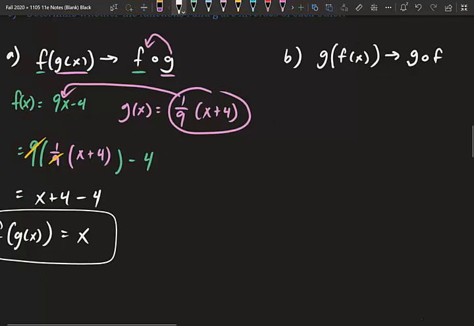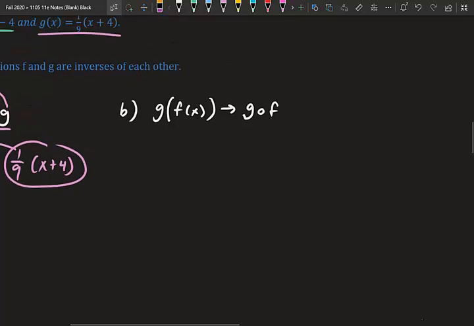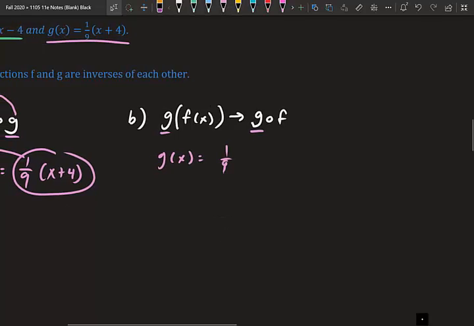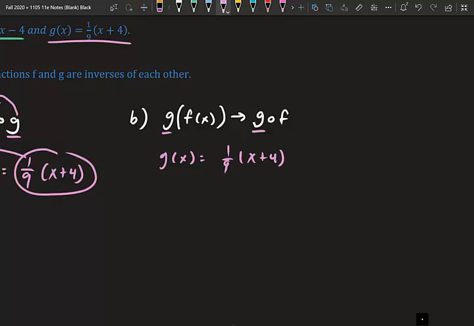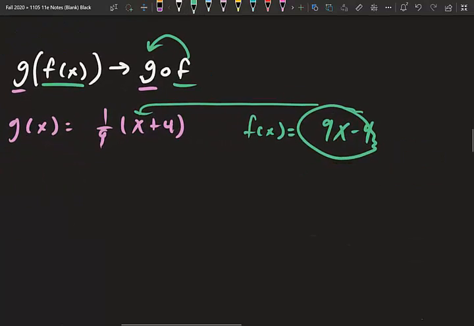All right, let's do part B. So part B, we need to do g of f of x, or g composed with f. So our g function is 1/9 x plus 4. Our f function is 9x minus 4, so second into first. So let's do that. We have 1/9,